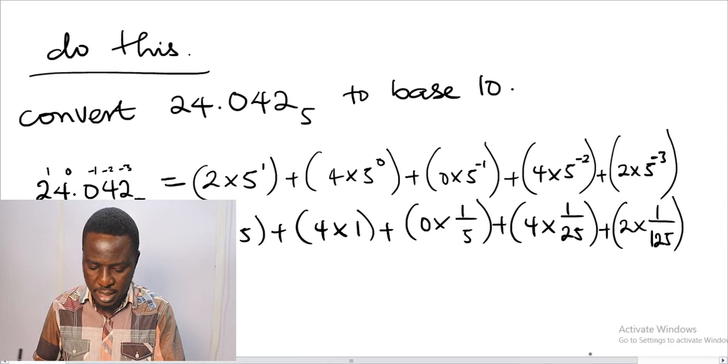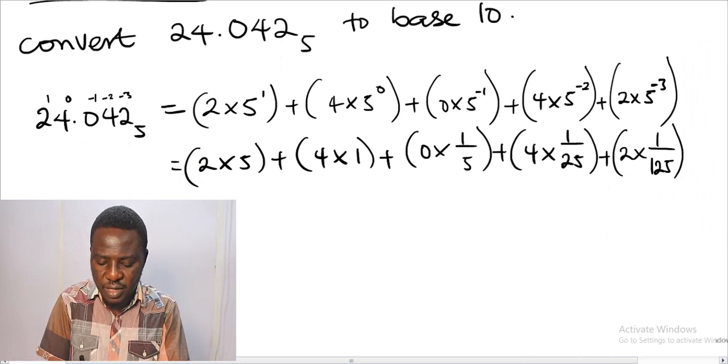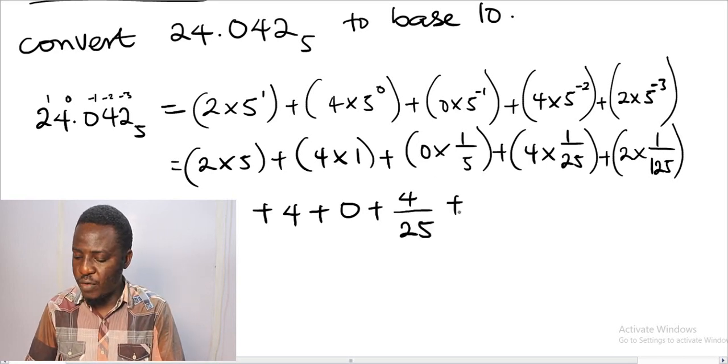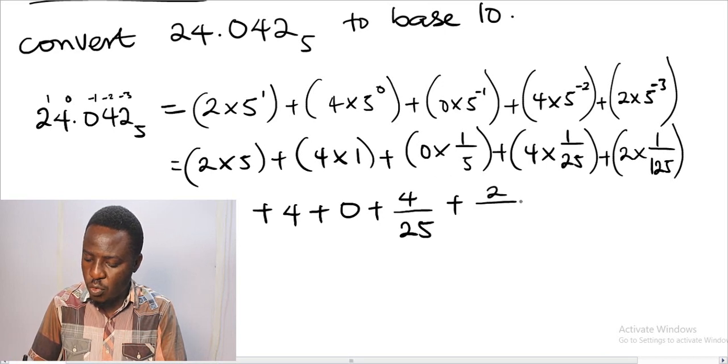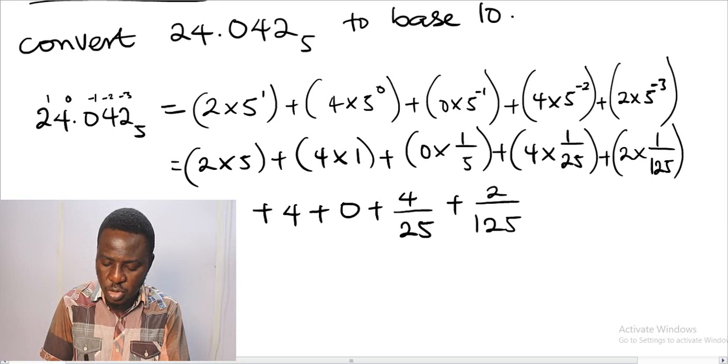Let's simplify further. This gives us 2 times 5 is 10, plus 4 times 1 is 4, plus 0 times 1 over 5 is 0, plus 4 times 1 over 25 is 4 over 25, plus 2 times 1 over 125 is 2 over 125. So when we simplify this further, it gives us